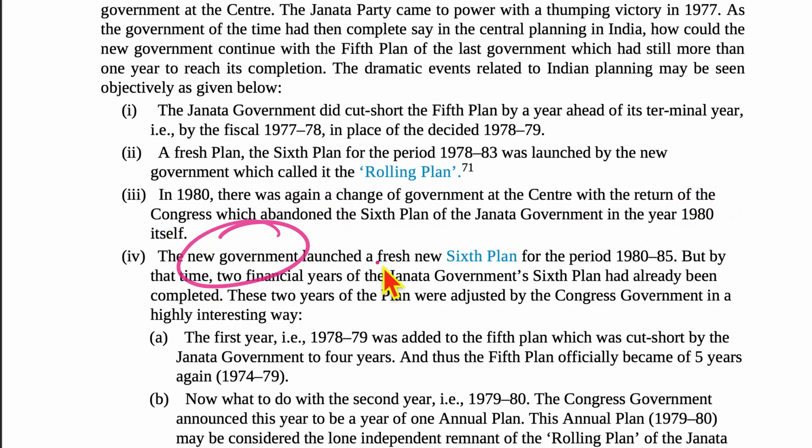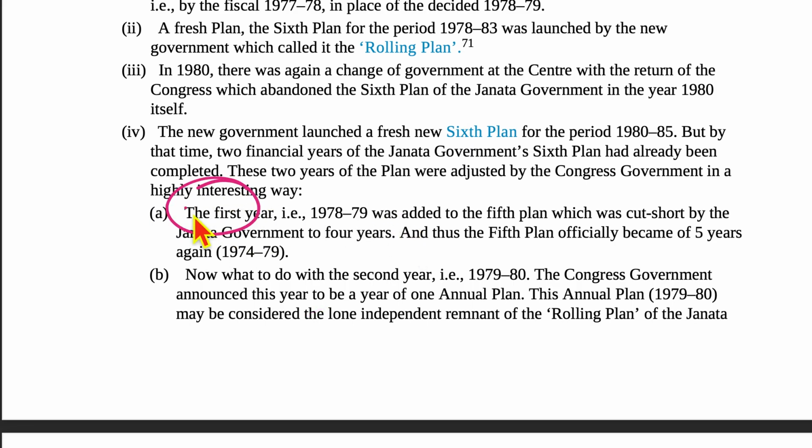The new government launched a new fresh sixth plan for the years 1980-85, but by that time 2 financial years of the Janata government sixth plan had already been completed. These 2 years of plan were adjusted by the Congress government in a highly interesting way. The first year, 1978 to 79, was added to the fifth plan, which was cut short by the Janata government to 4 years, and thus the fifth plan officially became 5-year again, that is